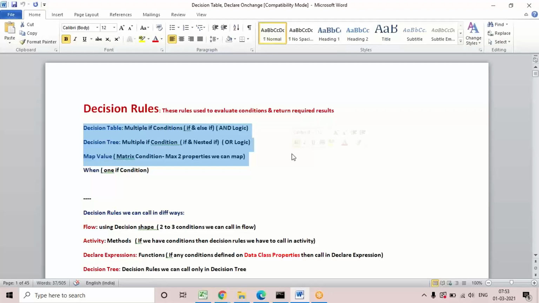So the main difference between decision rules and declarative rules is that in declarative rules, if you define any condition, there is no need to call it, but in decision rules, if you define any condition, we compulsorily need to call it. Okay. So how to call them, what the process is, and what types of conditions we have here, tomorrow we'll be working on table and tree conditions, decision table and decision tree. I'll be continuing in the next session, guys. Any questions? Don't worry, I'll explain this again in the next session tomorrow.